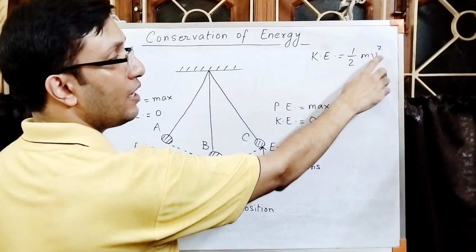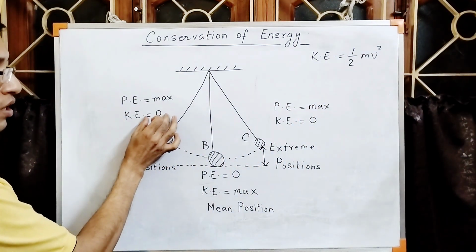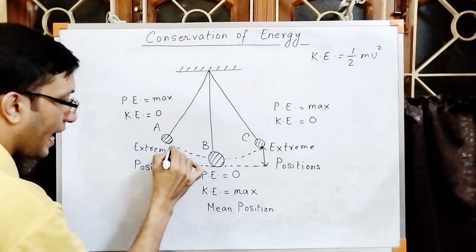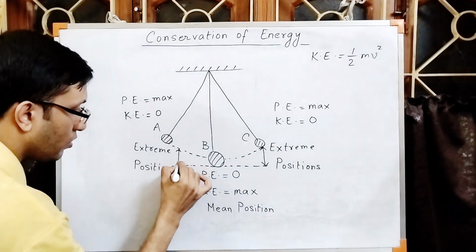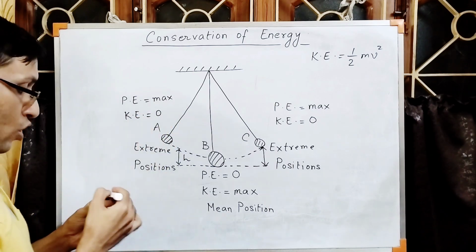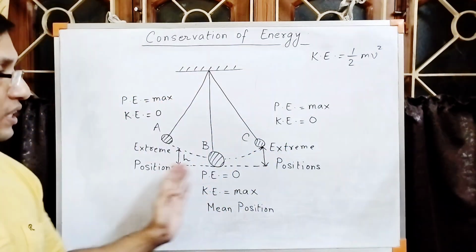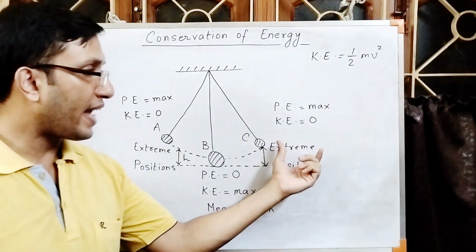So half m into 0 makes the kinetic energy of this bob at A as 0. And again it has gained h height from the ground. So its potential energy again becomes maximum. So if you are asked to draw this diagram, you will draw this diagram, you will mark these two extremes,